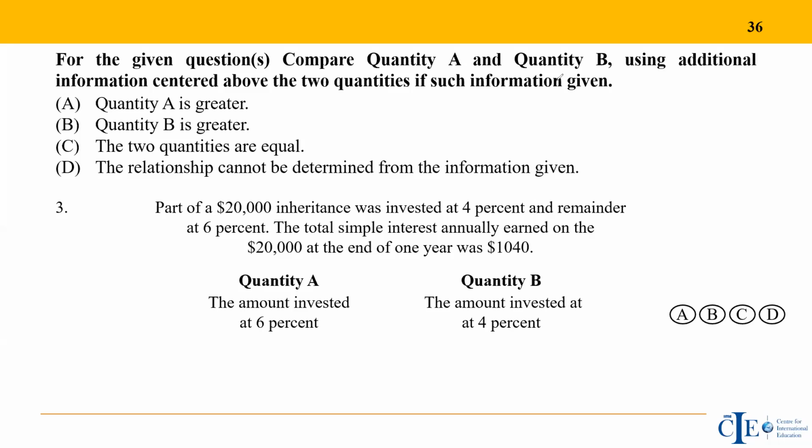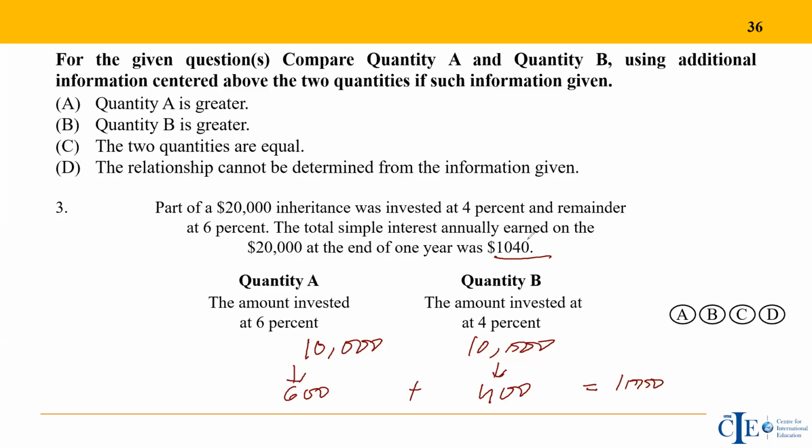So simply I can imagine if they were split equally, 10,000 and 10,000. If the principal amount was split in an equal way, how much would the 6% come to? 6% of 10,000 would have been 600. 4% of 10,000 would have been 400. The total earning in that case would be 1,000. Correct? So if I would split the money equally, then my total earning will come out to be 1,000. But what you see here is it's 1040.